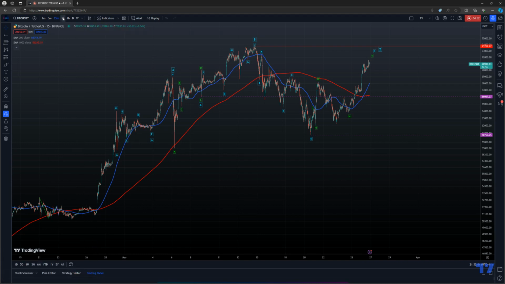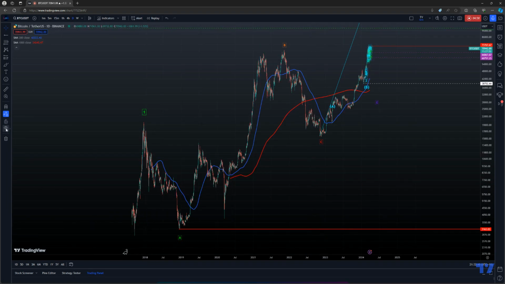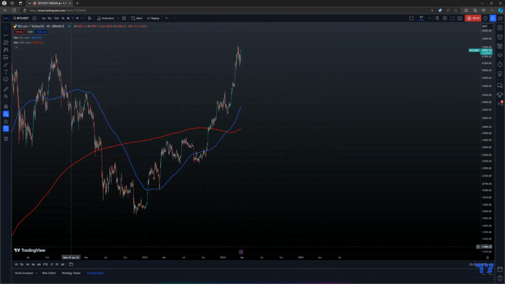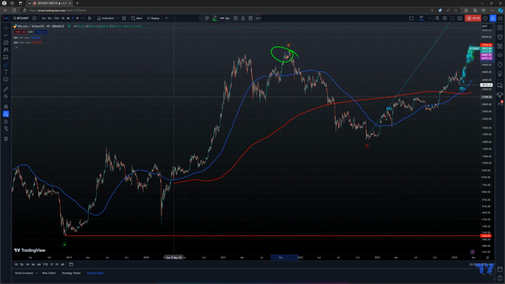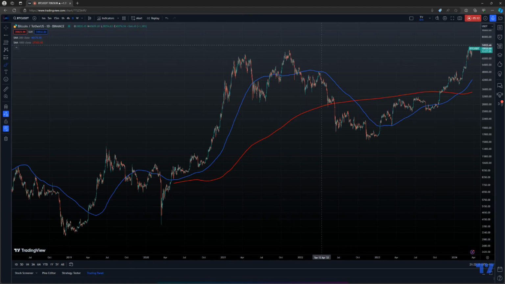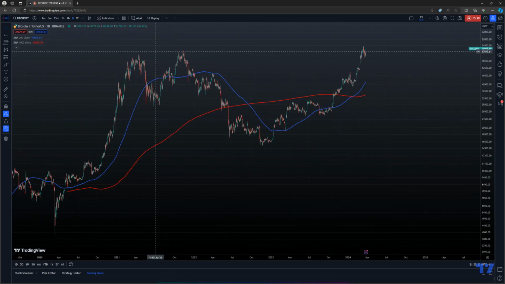You've got to look at it this way, right? If we go to the daily chart, right? Take away all the labels. Take a look at what this top looks like here. Just have a look at this top here for a moment, right? And tell me, does that look like an up and down move? I mean, this one looked like an up and down move, but it wasn't really. A top, like as in a sharp up and down. So these tops do take time to turn around, right? They do take time.